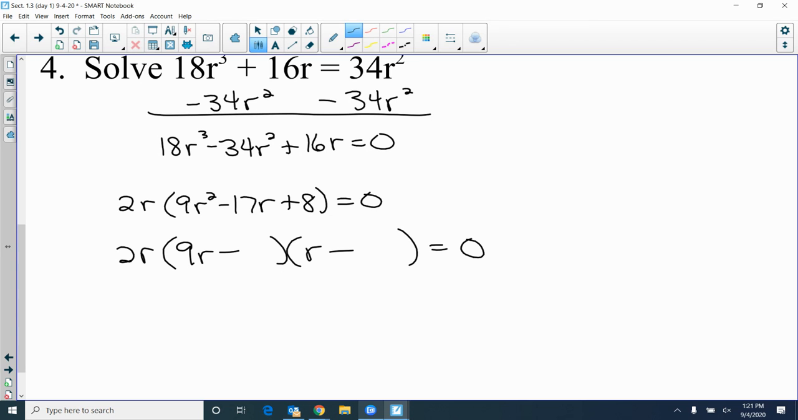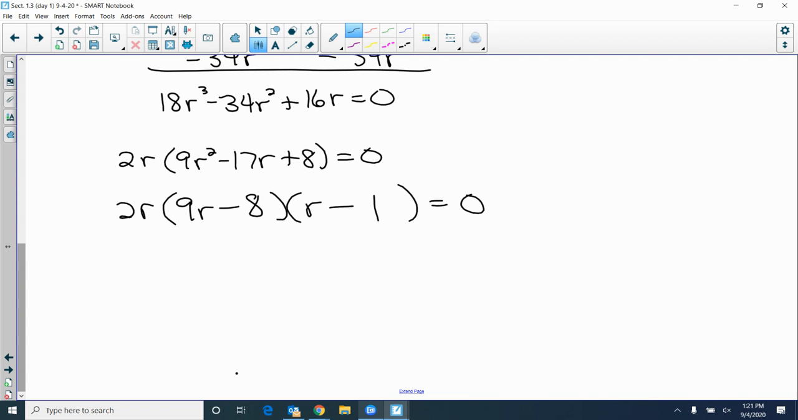Krista, you got it? Yeah. 9r minus 8 and then r minus 1. Good. 9r minus 8, r minus 1. Now here's what's important. You have to keep that GCF with there, because how many things did I multiply together? Technically up there, I got 3 things. I got a 2r, I got a 9r minus 8, and r minus 1. Any of those can equal 0. It really doesn't matter how many things multiply together. I know the product property says A times B, but it could be 3, it could be 4, it could be 5. So 2r equals 0, 9r minus 8 equals 0,